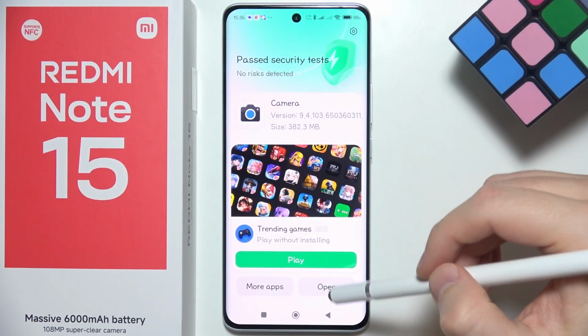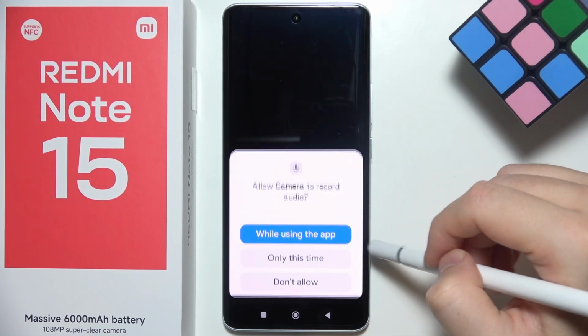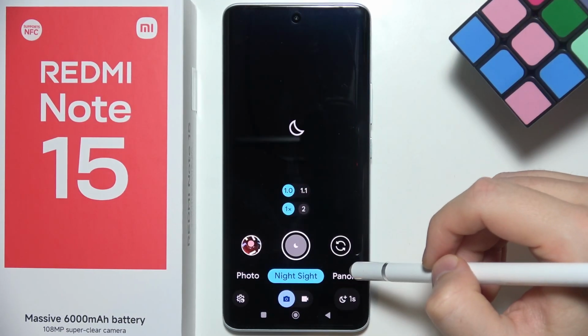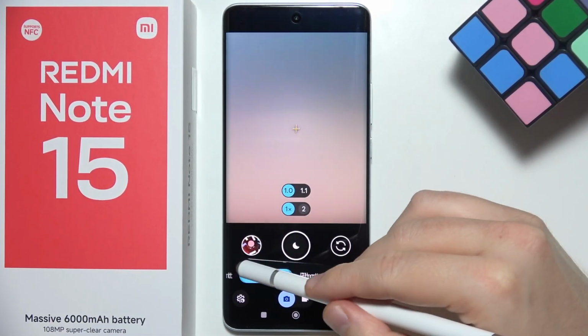As you can see, everything is fine, so we can open this application, accept all of those permissions for the camera. And now as you can see, we are here. We can find the Google Camera, all of those settings, options